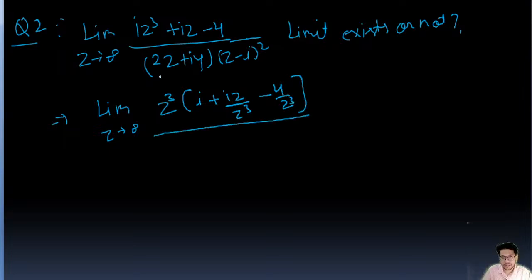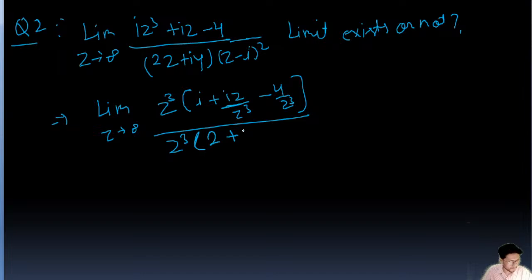Upon, in the denominator also we will take z cube common, z from here. So this is going to be 2 upon z, z common, right? So this is going to be 2